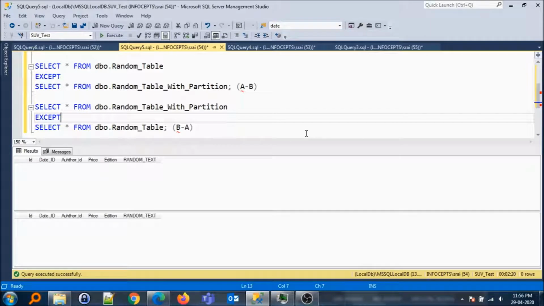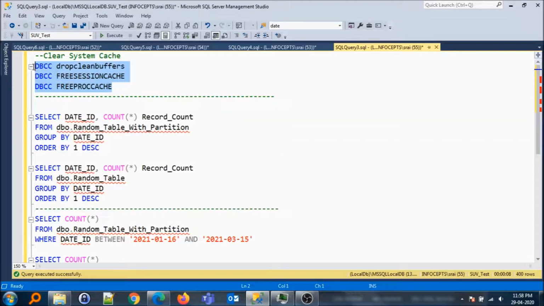Now that we have established that the data in random table and random table with partition is exactly identical, let us move to the core of this demonstration, which is the performance benefit that you are going to get with the partitioning that you have just performed on this table.